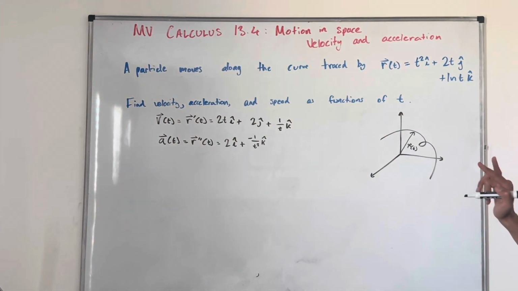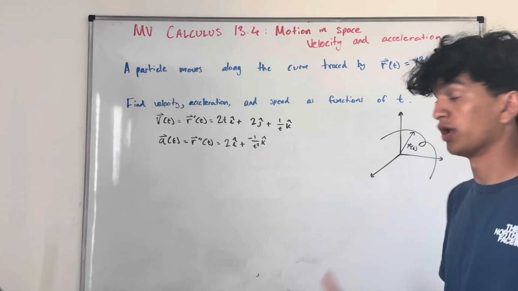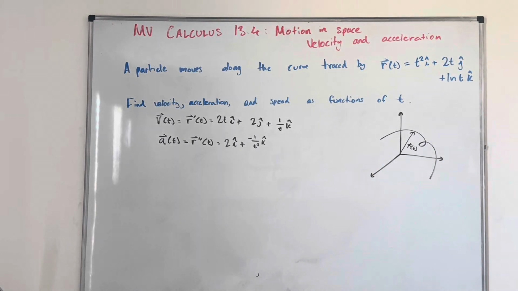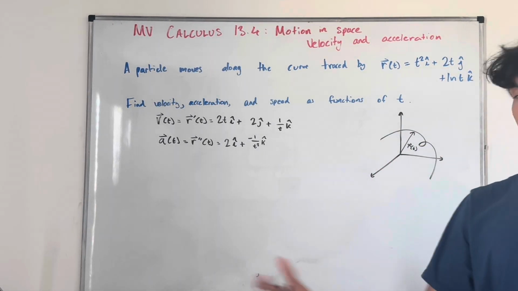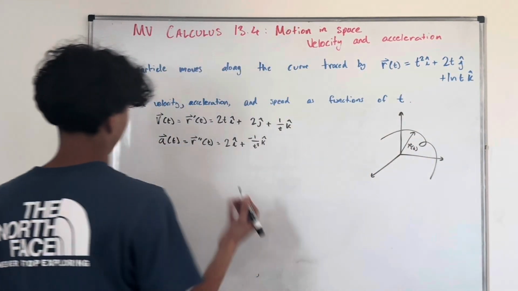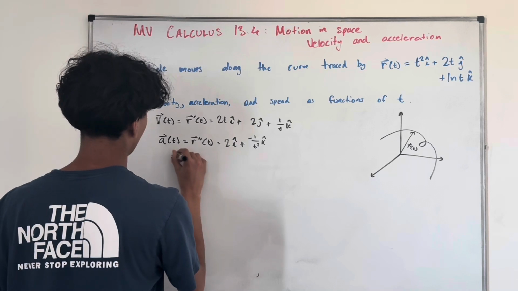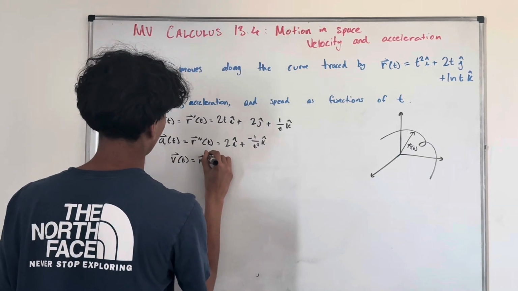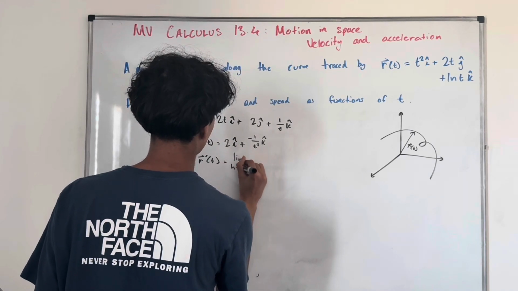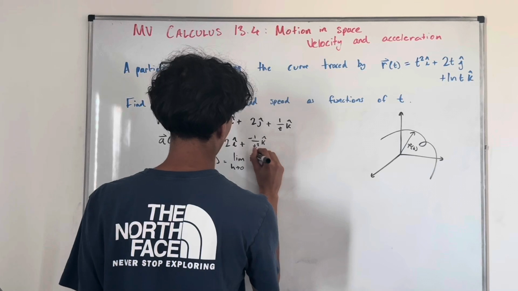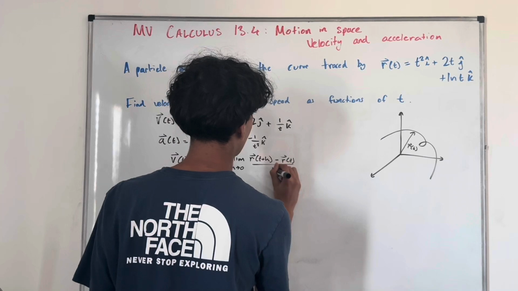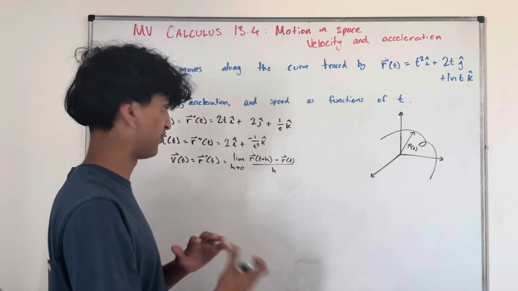These are just using the definitions of what we know about what velocity means. It's the rate at which position changes with respect to time. That would be just taking the derivative with respect to time. And visually, if you think about what velocity really means, velocity is just r prime of t, which is just taking the limit as h approaches 0 of r of t plus h minus r of t, all over h, right? This is just the definition of a derivative, and it's a useful definition in this case